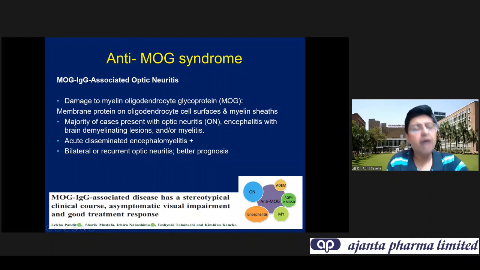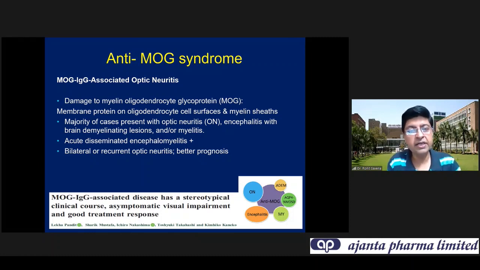A lot of cases, not very high, but a percentage of cases we are understanding are MOG, and they present with optic neuritis, with encephalitis, with brain demyelinating lesions, and acute disseminated encephalomyelitis. So it is not just optic neuritis to start off with. Again, MRI may help us to identify a more widespread disease in the brain, which may be subclinical at the moment.